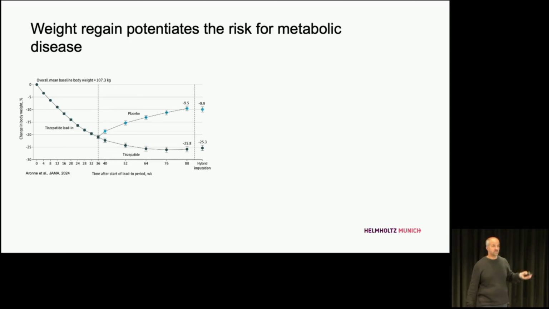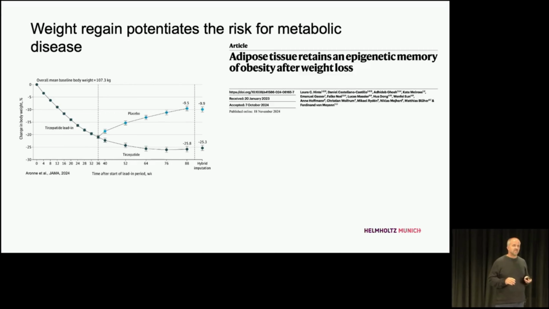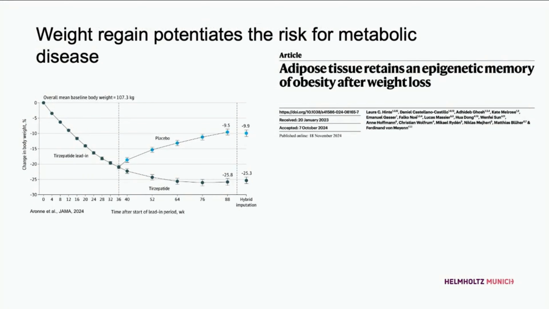And then what happens, and this is what you can see in the light blue bar, is there is a weight regain. As if you stop exercising or dieting, then people regain weight. And here is really a big problem associated with this, because these are recent data from collaborators of ours, and there are many other studies where we can show that there is an epigenetic memory of this past obesity that remains in adipose tissue, meaning that the adipose tissue remembers that you had obesity in the past, and this is primarily because there's an increase in inflammation and tissue fibrosis.